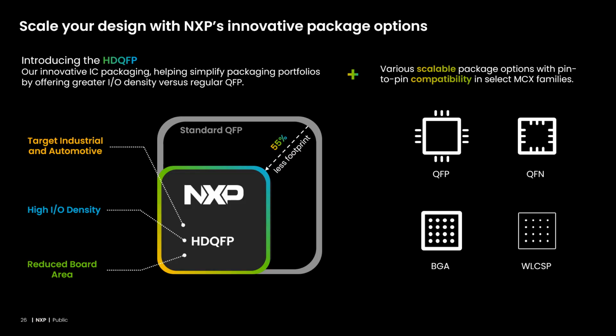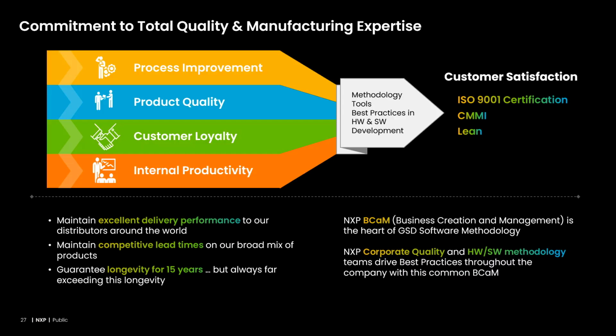So this is one of the examples of NXP's innovative technology to benefit customer design. This talks about a new HD QFP package option that could simplify the package portfolio by offering higher I/O density compared with traditional QFP. Also, NXP's total quality concept of working enables competitive delivery performance, lead time flexibility, and top-class